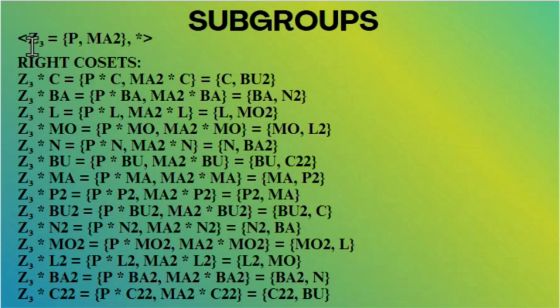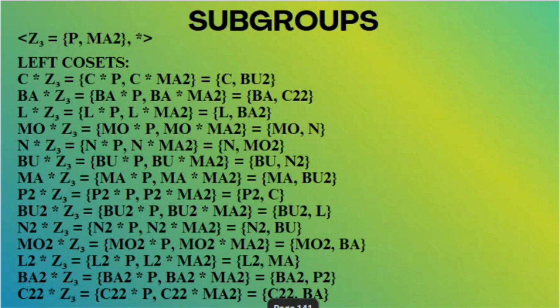This is our Z sub 3. It's just the same. So always remember, if this is the C sub 3, we just need to form it with the additional elements. So for example here, P star C, then Ma2 star C. So it is for the right coset, and for the left coset,